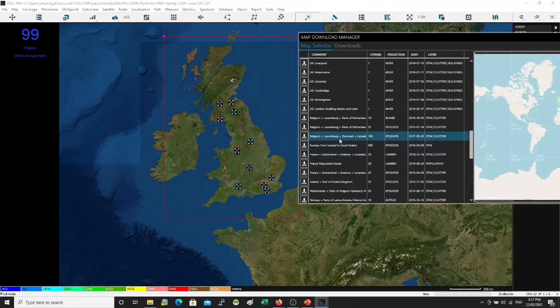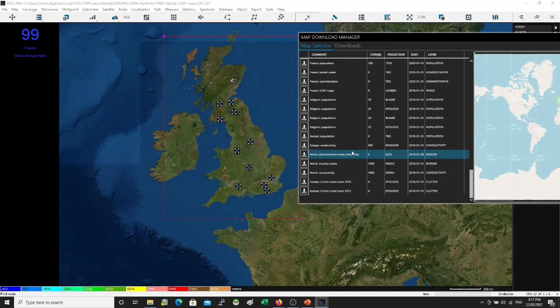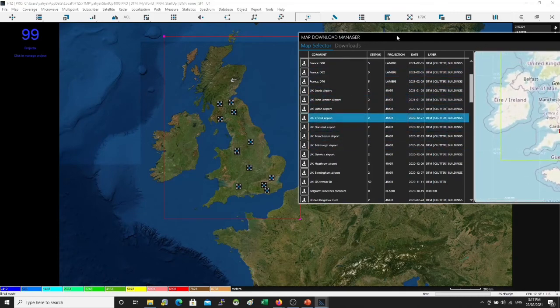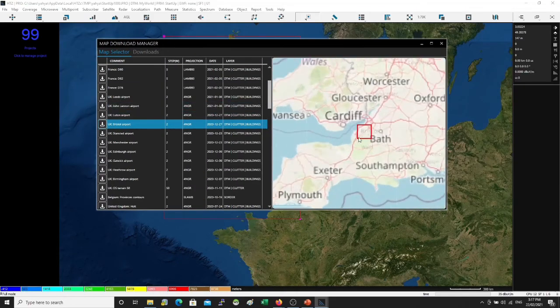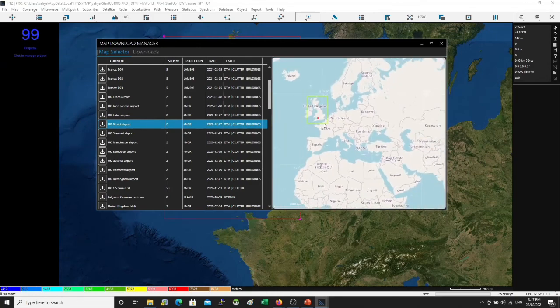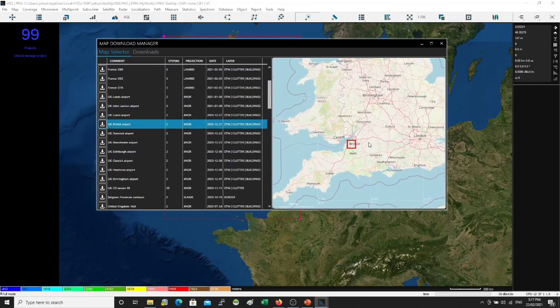Let's see if it's here. So let's have a look again. This is Bristol. Here you go. So this is the one I want to download, the red part. The green is the area you highlighted. So any map we have in our repository would show up in that table, and once you click on it, it will show you where it is. Okay, what's the coverage. So you click the small icon here, download,